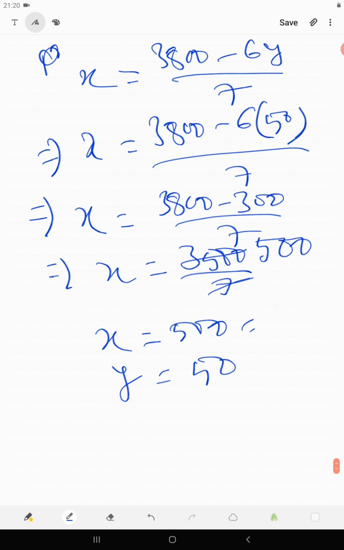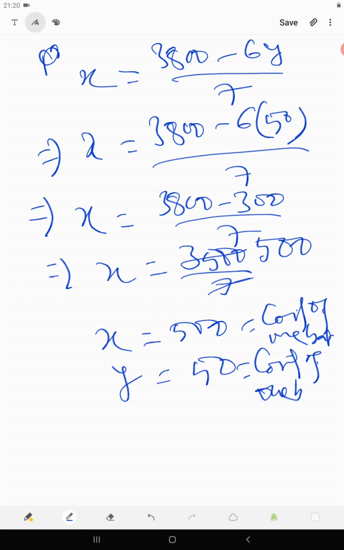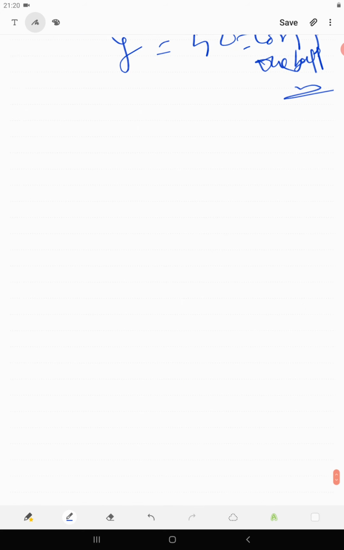So this is the cost of 1 bat, correct? And this is the cost of 1 ball. So that's our answer. I hope you understood it. Let's do the fourth problem. So what is the fourth problem? So the fourth problem is